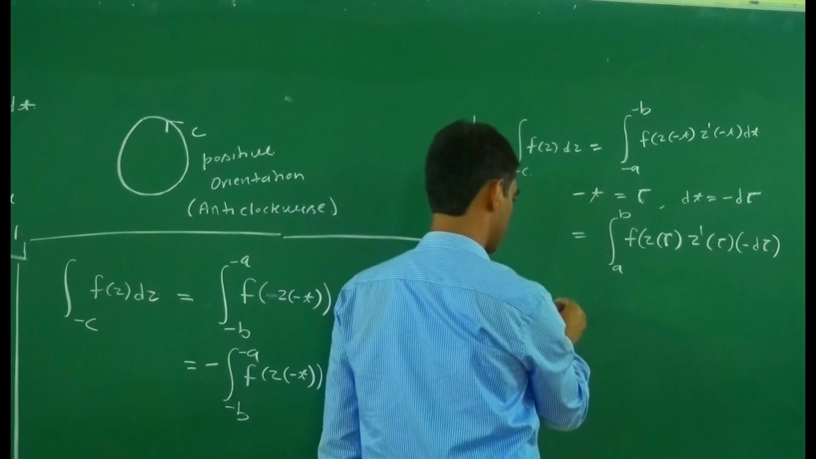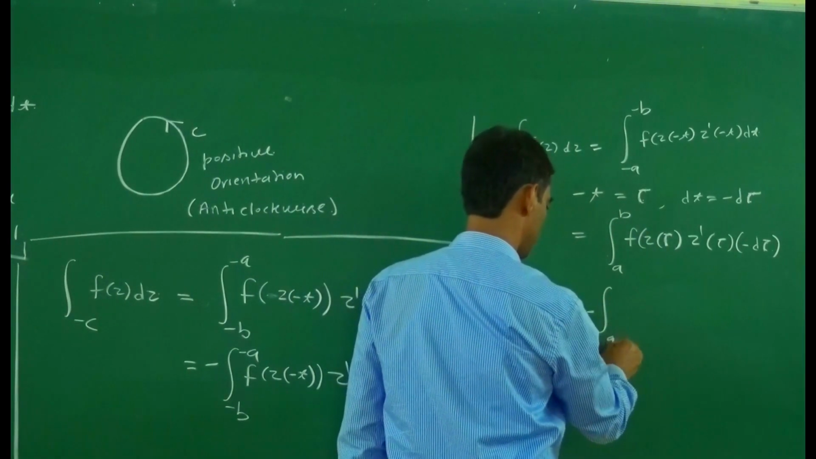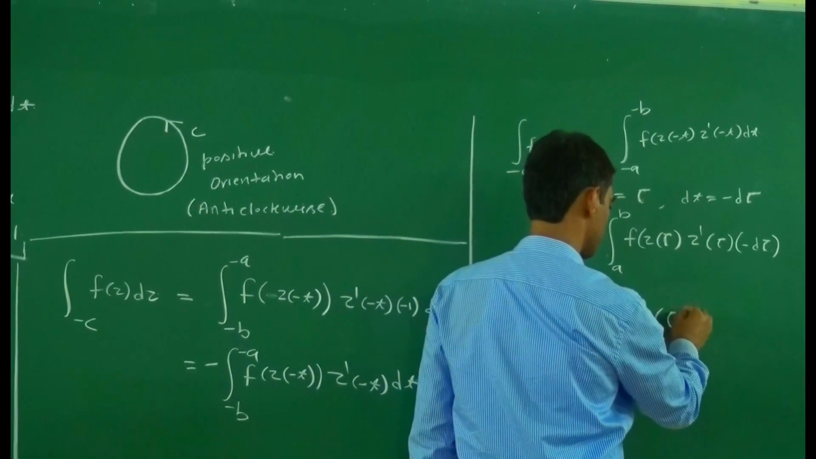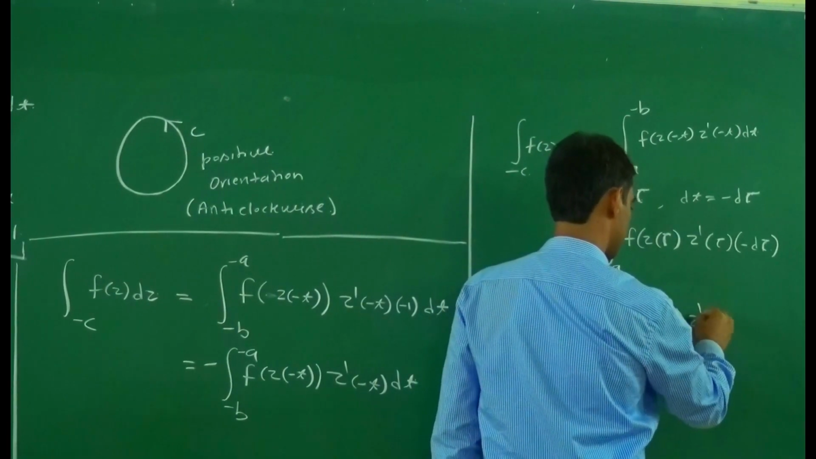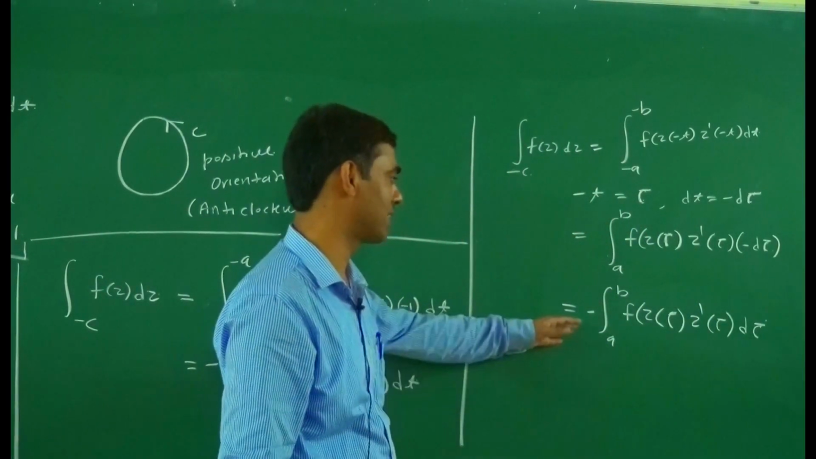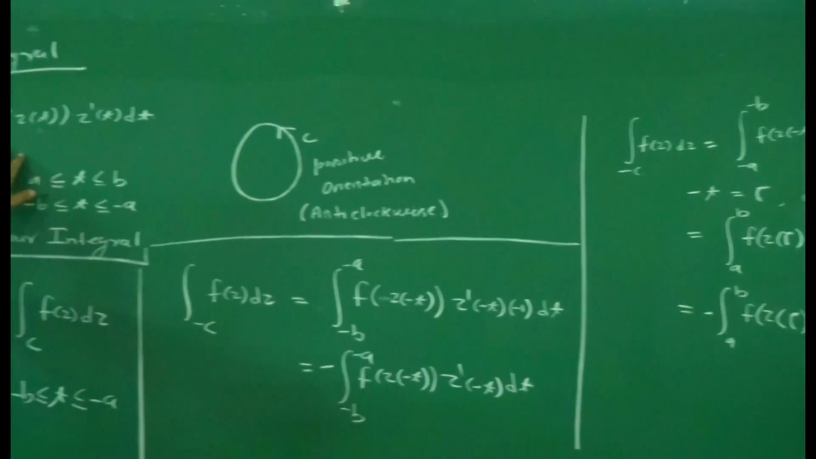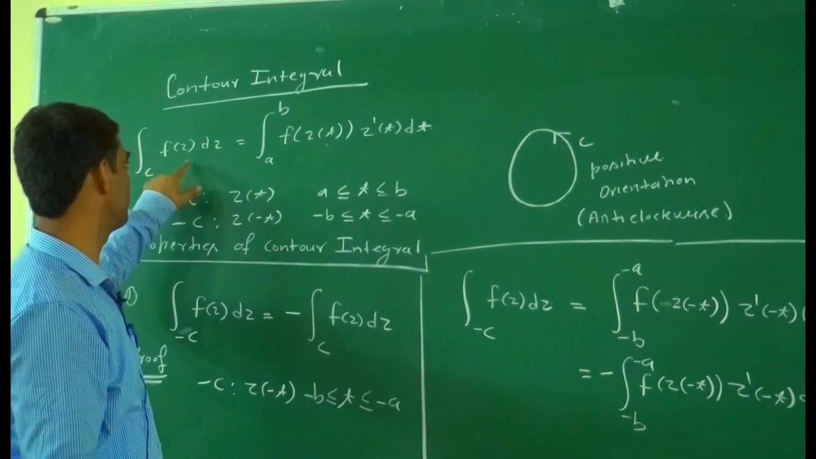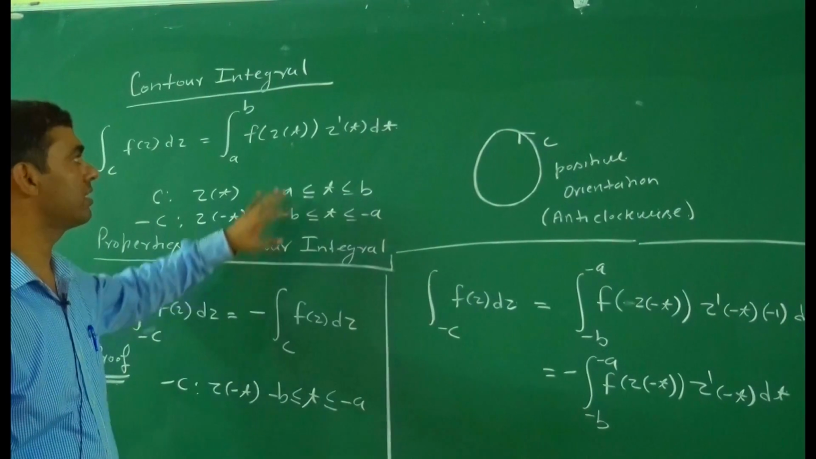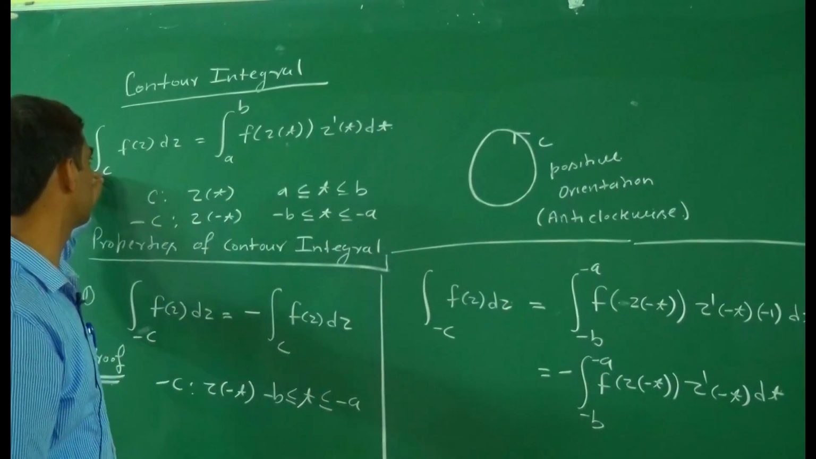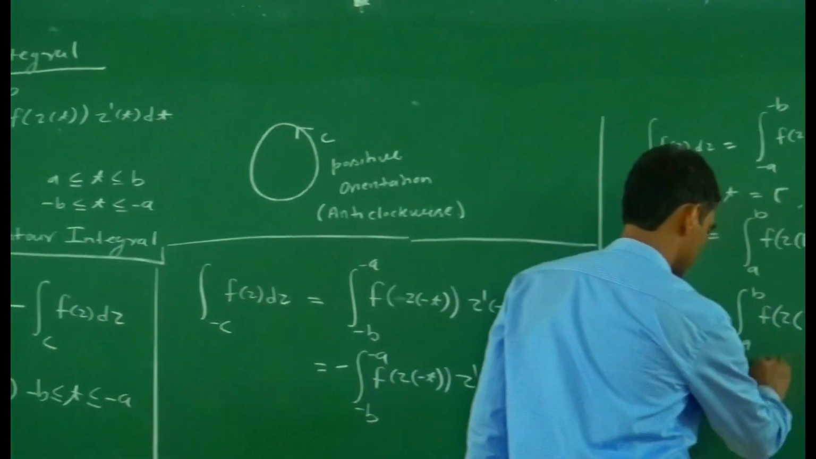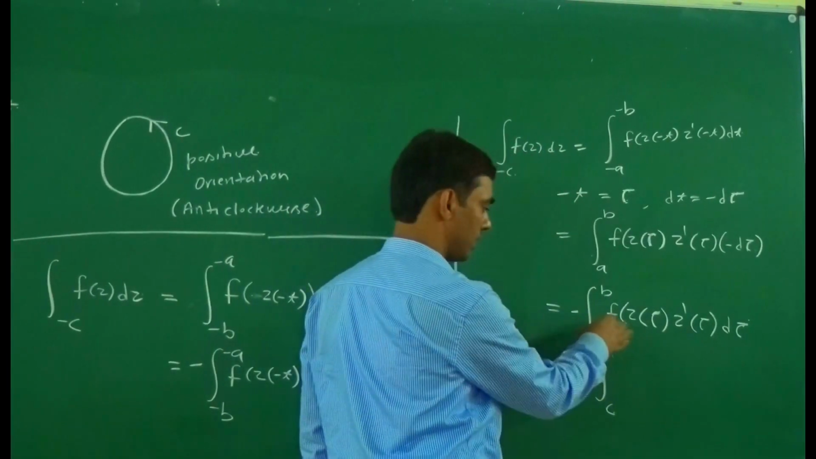So now this becomes what? Minus integral from a to b of f of z of tau, z dash tau d tau. So by the definition of integral, if we compare that result with this one, here the variable is t, and in that equation the variable is tau. So what is the value of that equation? The value of that equation is the integral over c of f(z) dz. So this becomes the integral over c with the minus sign outside, and this becomes